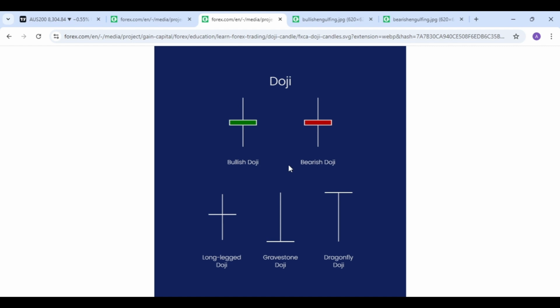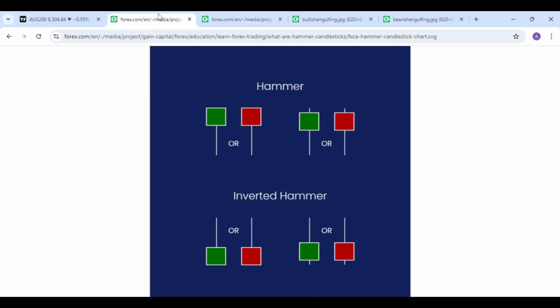And we also have, as I've mentioned, the hammers. They usually signal a reversal. These are the hammers you would typically see, as well as the inverted ones. And as I've said, we also have the engulfing patterns, where larger candles engulf the previous pattern, such as this one here.